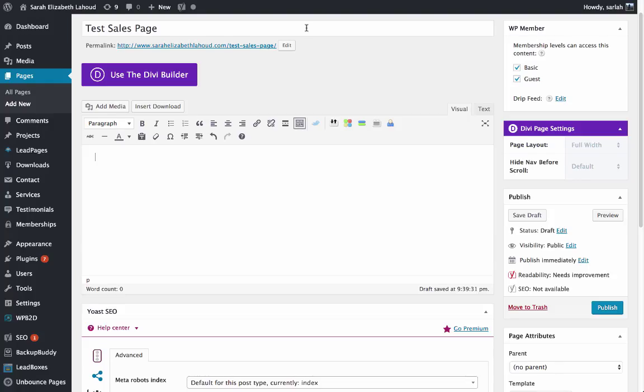All right, we're here in my WordPress backend. So this is what the backend of my website looks like. You get to see all the things I got here, and it's super fun and awesome. But today we're creating that test sales page, and of course we need a button to go on it because I have all my cool information here about buying and booking with me,